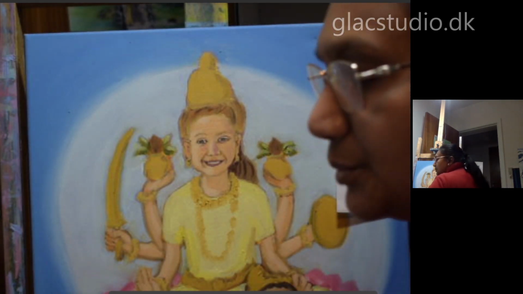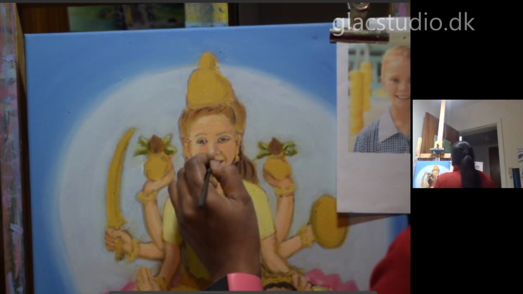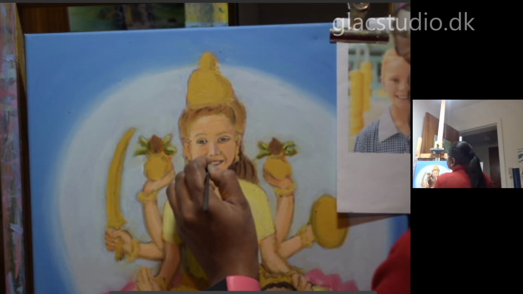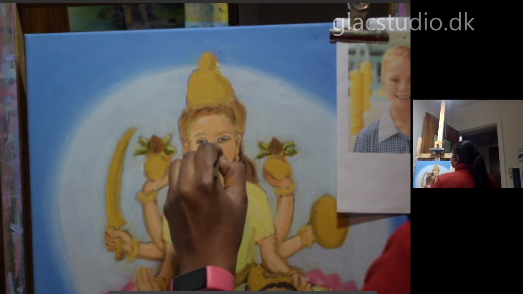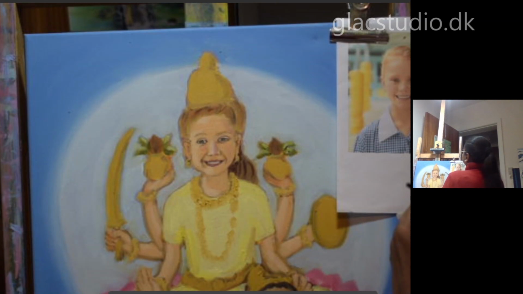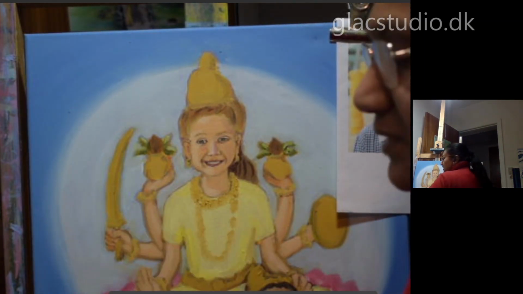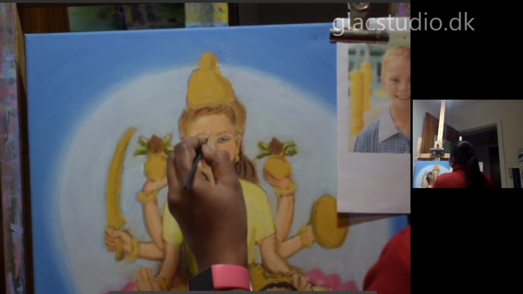Now the sharpening part of the nostrils is just because there is this fair amount of light falling in on the center, the tip of the nose. Let's blend that in nicely. There's a bit of shade coming in. Center of the